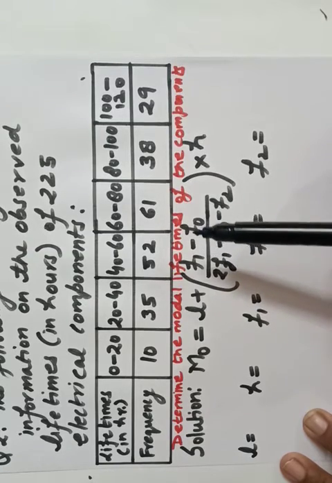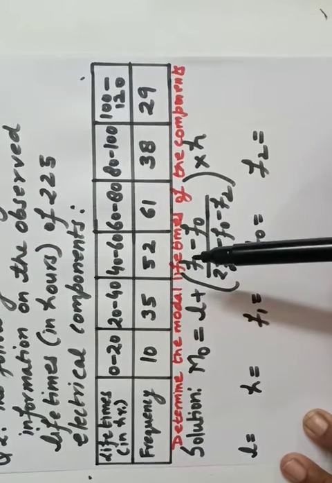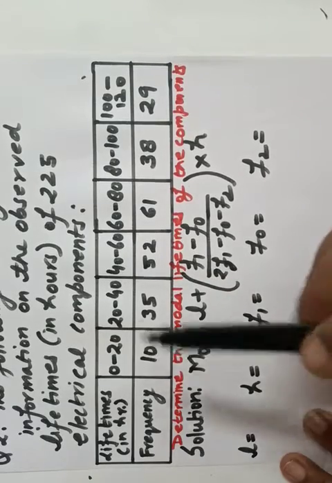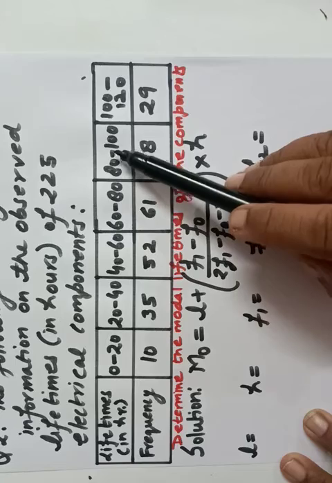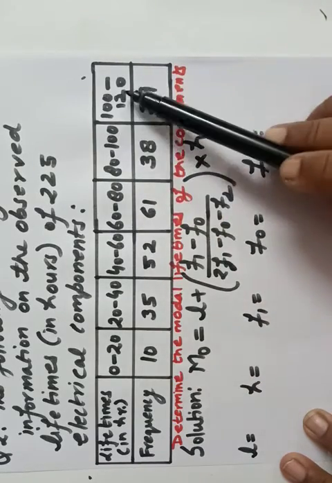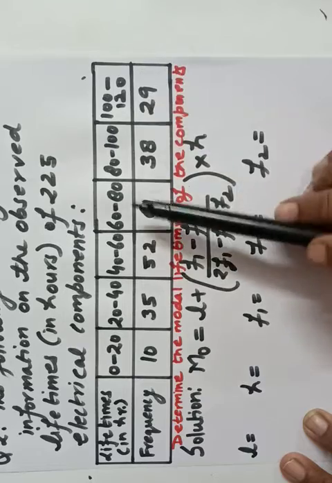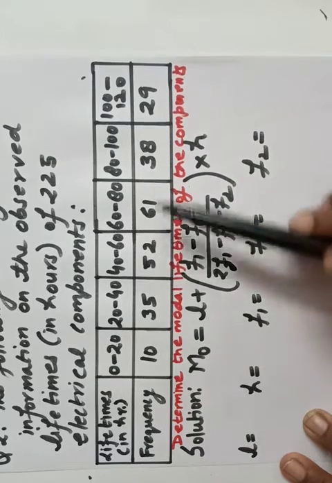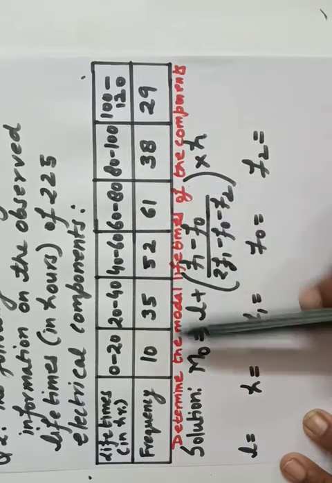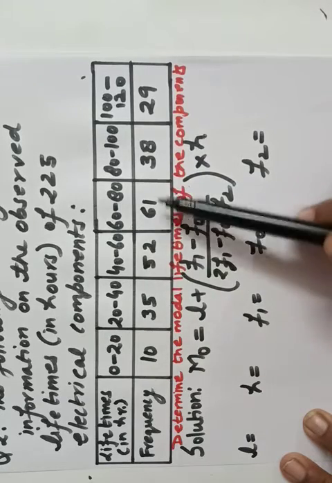What I was telling you is what is good about the mode: here we need not make the table again if the class intervals are exclusive and proper class intervals are given to us in grouped data. So we need not make the table again. Why? Because we have to just check the maximum frequency only.